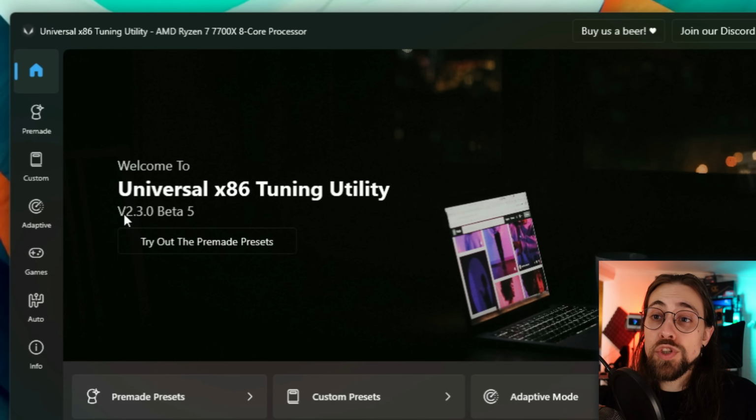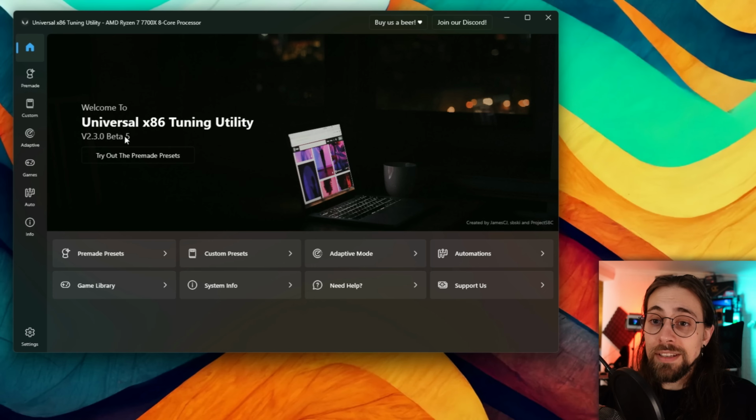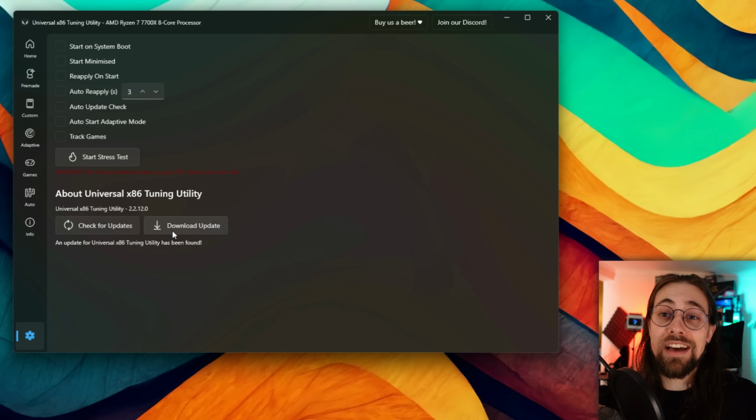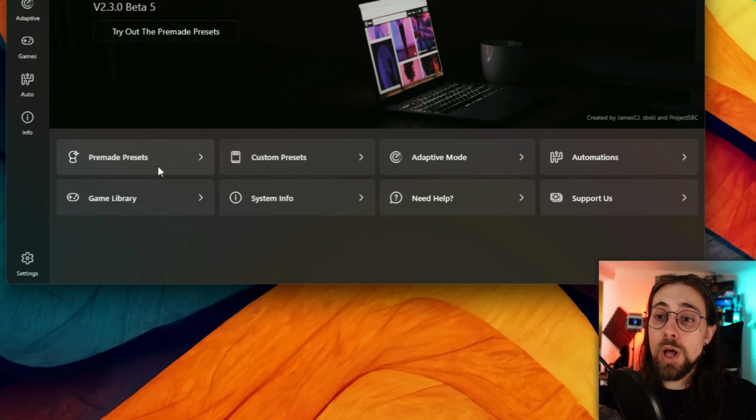We're running the version 2.3.0 beta 5 that you can get by going into the settings and selecting, for example, check for updates. For example, at this moment we actually have a new update, which is nice. We have several options like the pre-made presets, custom presets, adaptive mode, automations, game library, system info, need help, maybe,